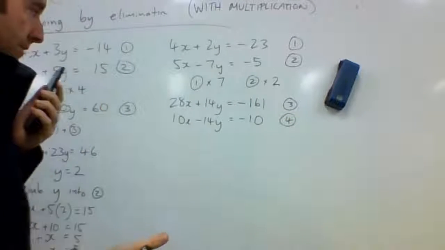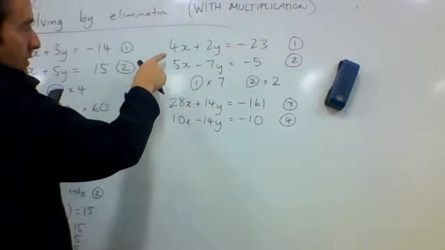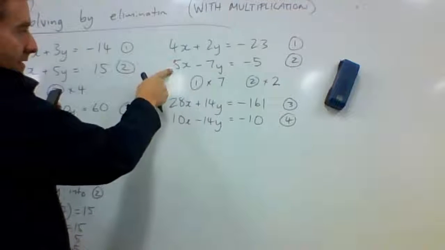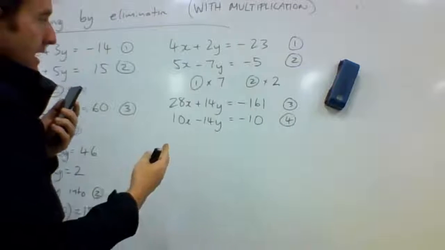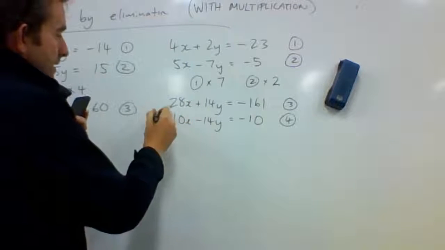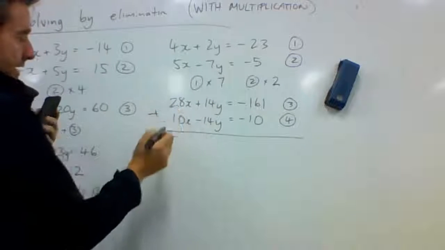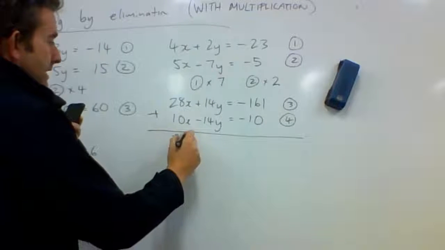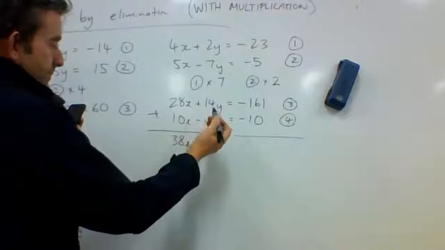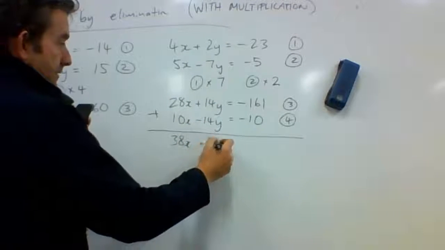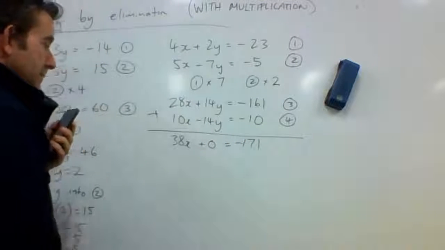So I've had to change both of them so that I can get something that I can easily work with. I could have multiplied this one by 5 and that one by 4, and then I could have done some subtraction, but it's always easier, if you can, to add them together to cancel out a negative and a positive. 28x plus 10x is 38x. Minus 14y and positive 14y gives us 0, and that's equal to minus 171. Why did I pick one with big numbers? Anyway,